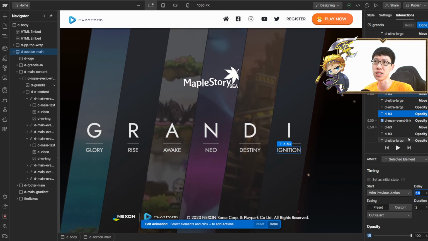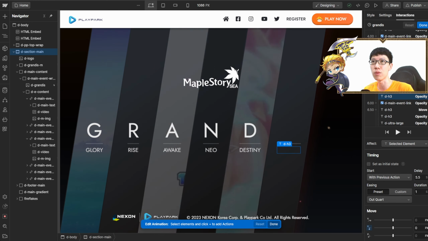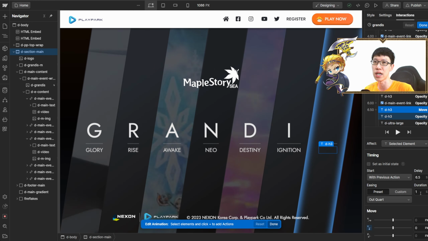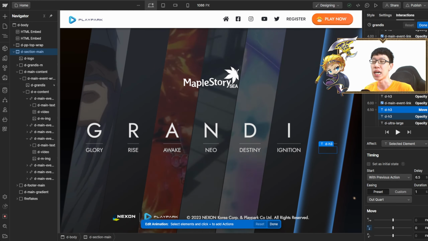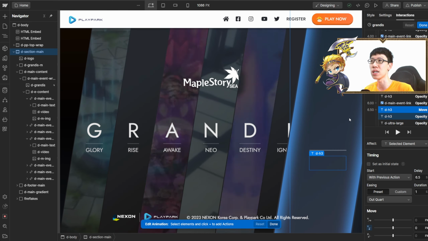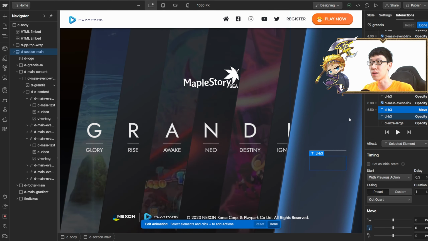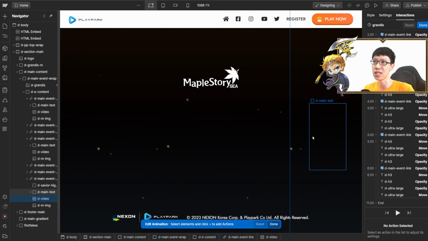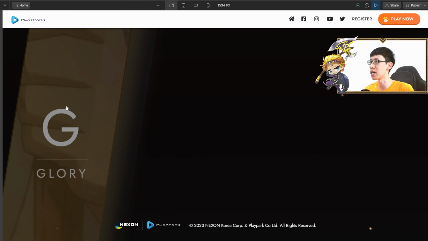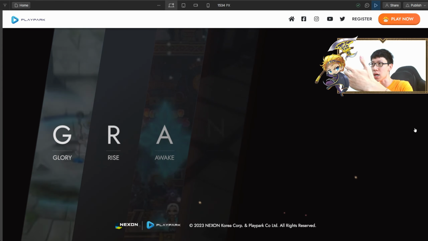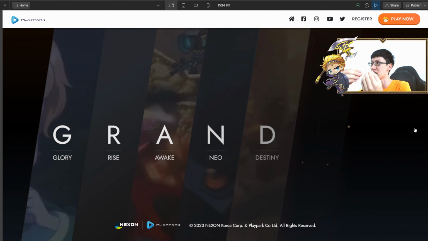There's a 5.5 second delay over here. Then the next one will be a 6.5 second delay with a duration of 1 second. And of course, the Savior update is the main update for this entire patch. That's why you can see that there's a little bit of glow at the Savior update. Hence why you can see when it is actually coming out over here, right, with a dash over there,